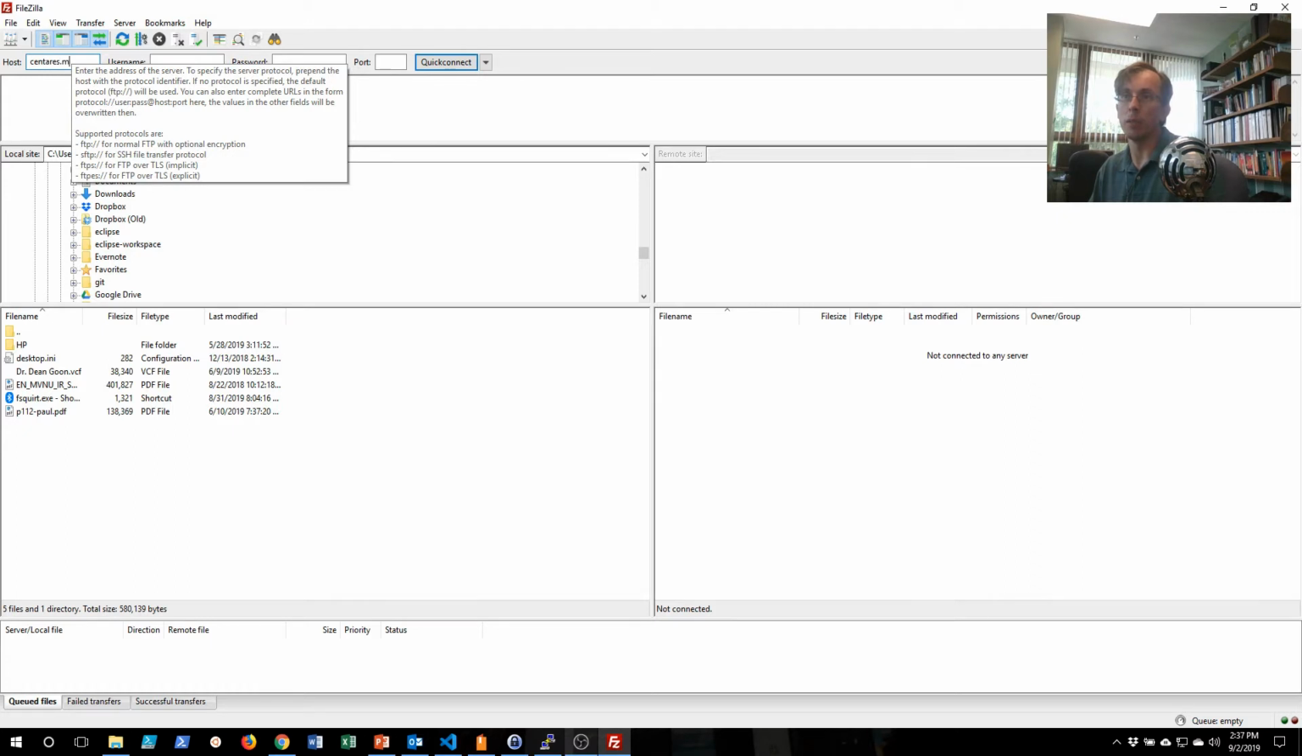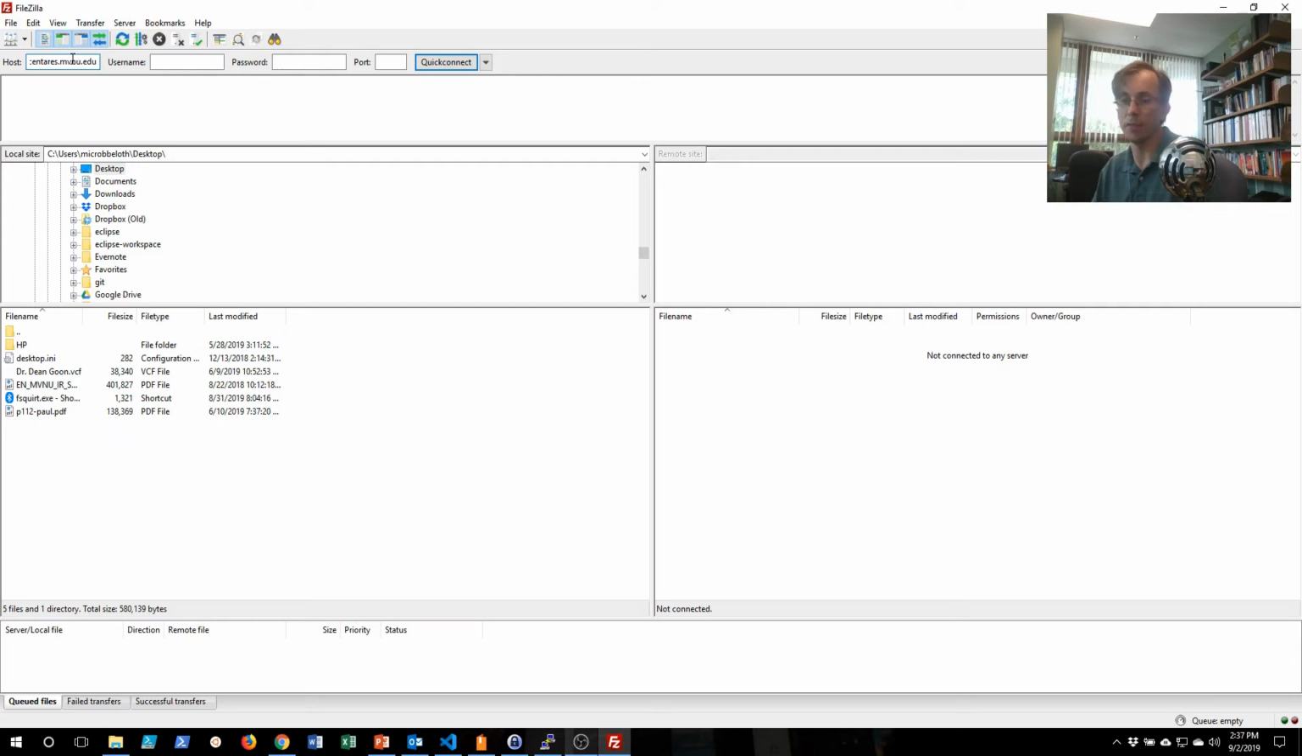And again, this will be centares.mvnu.edu or cs2.mvnu.edu or cs.mvnu.edu. Put in your username, grab your password from somewhere that makes sense. This should be not your PostgreSQL password, but just your password for the Centares system itself. And then port 22, since this is secure FTP, and you should be able to connect by pressing enter or